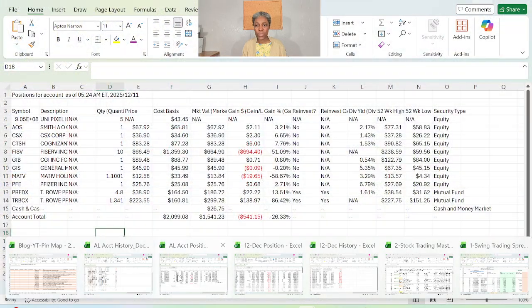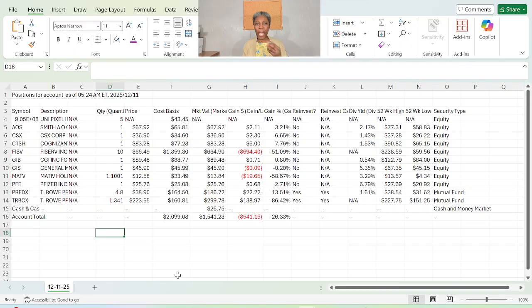I can open the account position. That is the portfolio. The other one is the account history, those that show the transactions that went through this year, and this one is the account position of that Roth IRA, and you can see the stocks that we purchased, and I have some stocks in it. I have